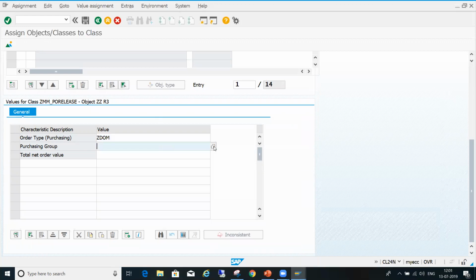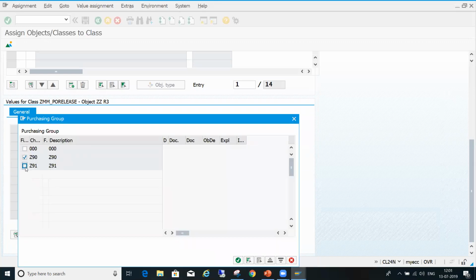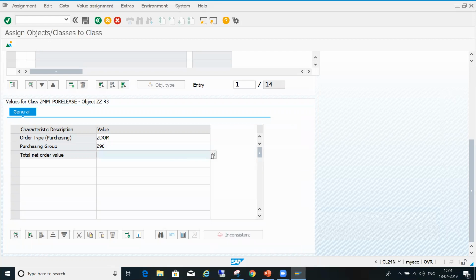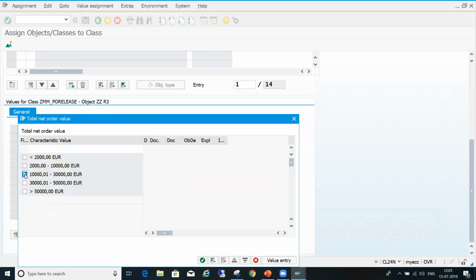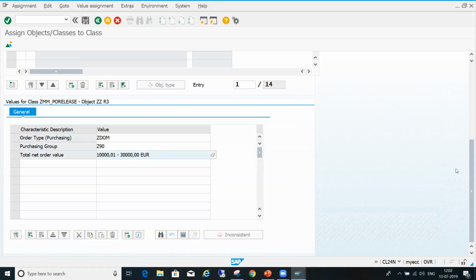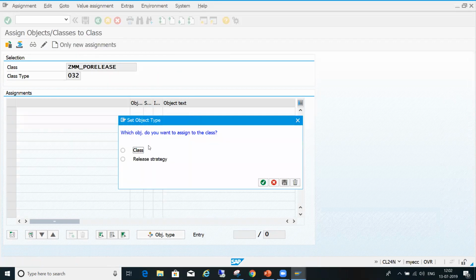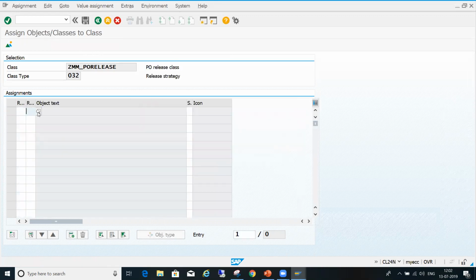Purchase group, you have to select, enter. Net order value, you go for third level, enter, enter. It is for the third level. Save.